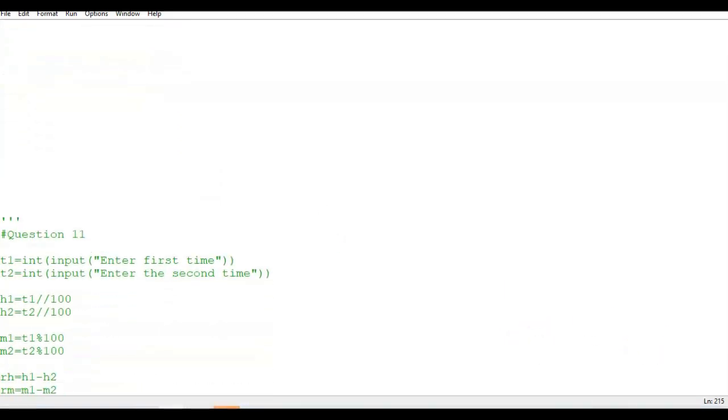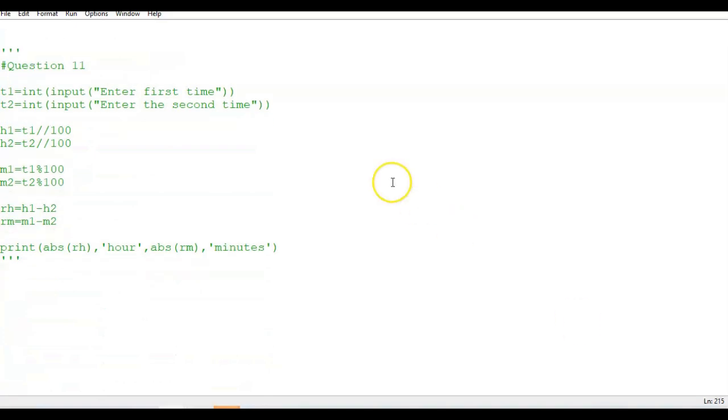Here you can see the question, and it is also quite simple. We have the 2 times. Enter the first time, right? They are asking you to enter 2 times. The first time is inside T1, the second time is inside T2. We did the same question when we started today's session. How can we extract a part? Here also we have to extract parts.